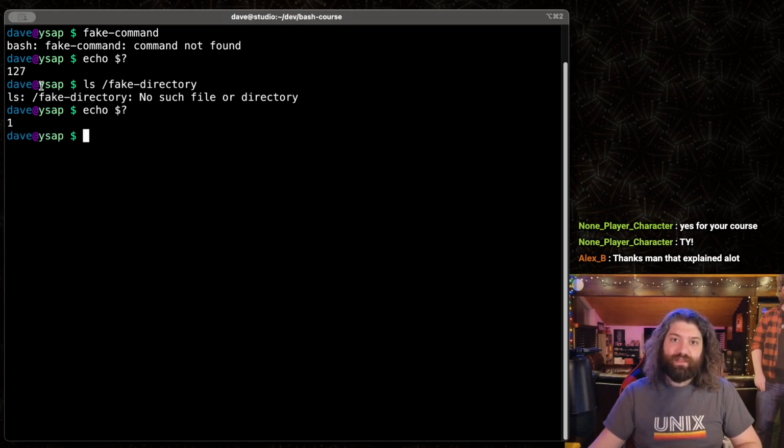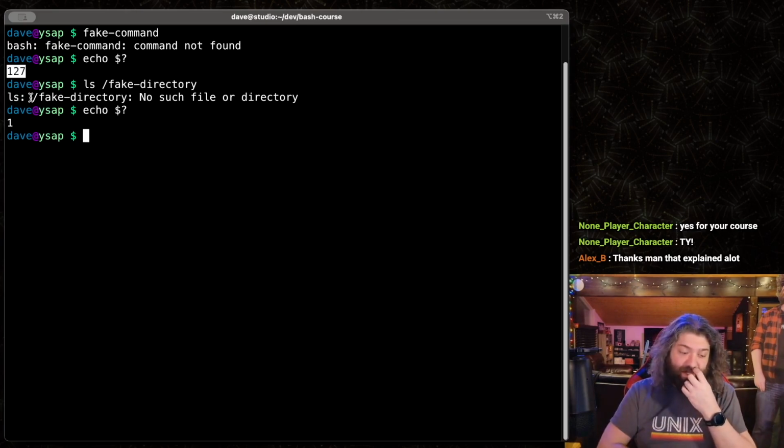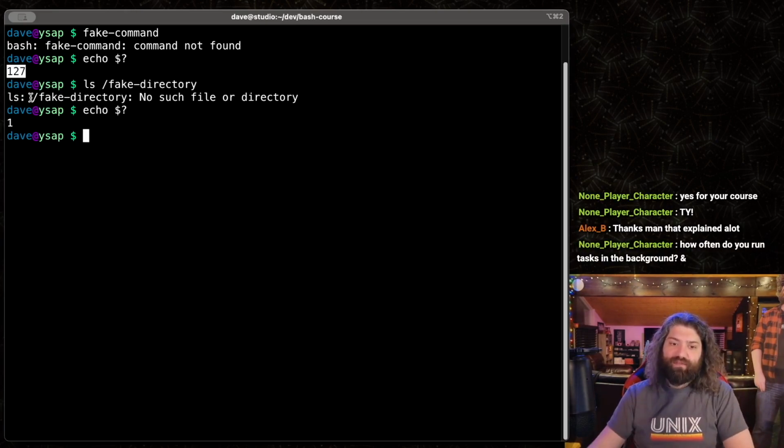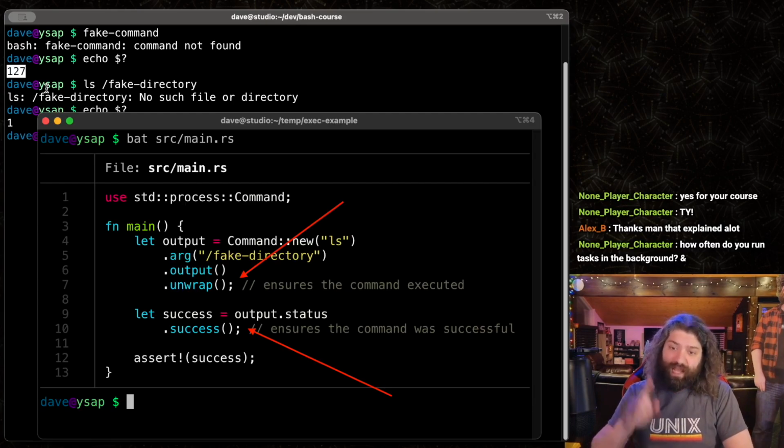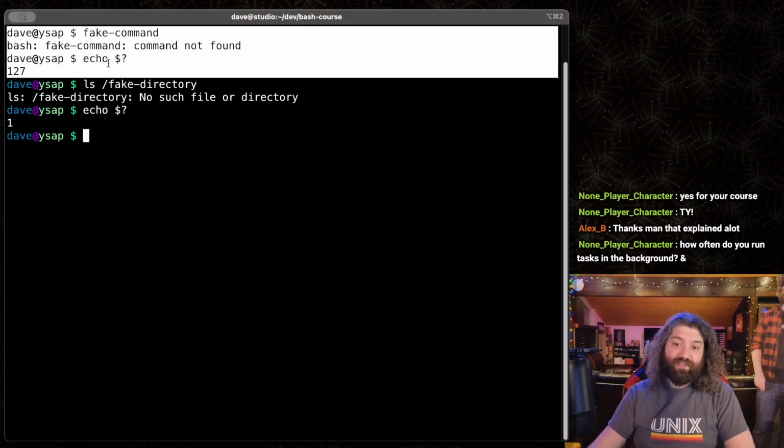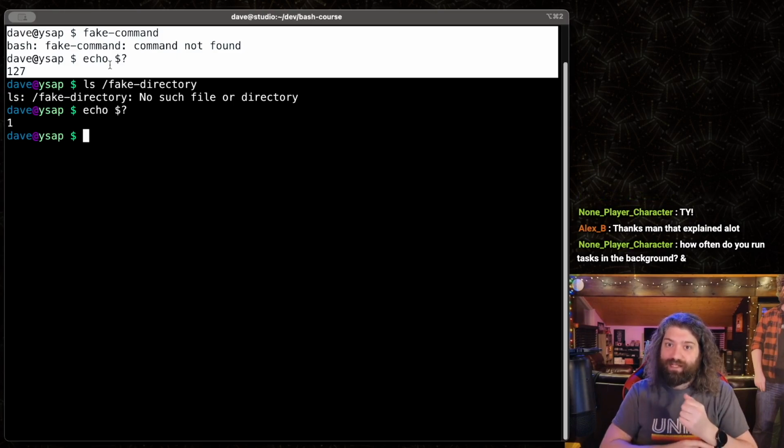That failed. There's something really important about these exit codes that you should know about. And I will tell you, a lot of people don't have this knowledge. You're going to be fine in life without it, but it can cause trip-ups. So if you're writing Rust, for instance, and you go to execute a command, it might fail creating the command. And then beyond that, the command itself may have failed. It's important to have that distinction. So in this example up here, this failed to exec. The actual exec syscall failed because this program doesn't exist.